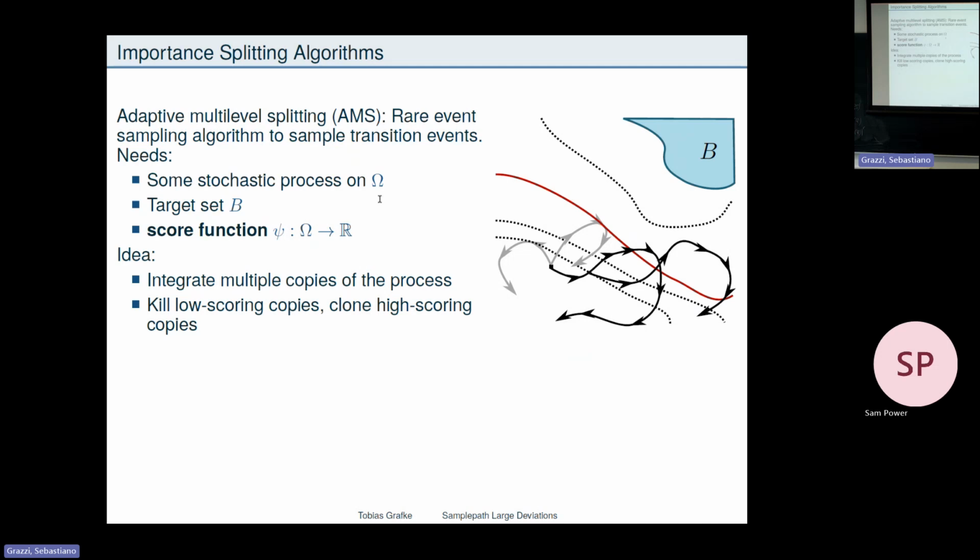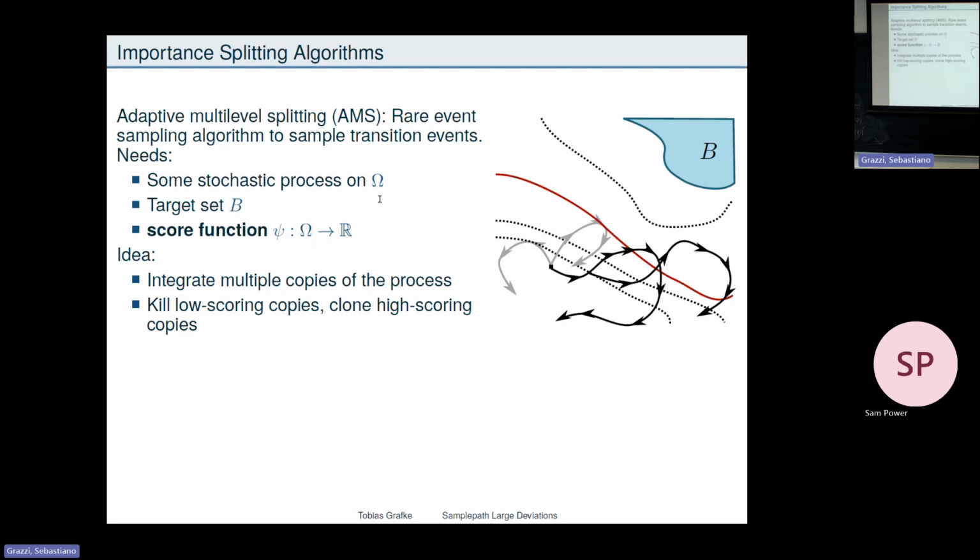Clone this one here and generate a new trajectory, but I now have the guarantee that all of my 3 trajectories in this example have reached at least this level. So now I again observe all of the 3 that I have. This one is already grayed out because it will die. This one, and that one, and that one.